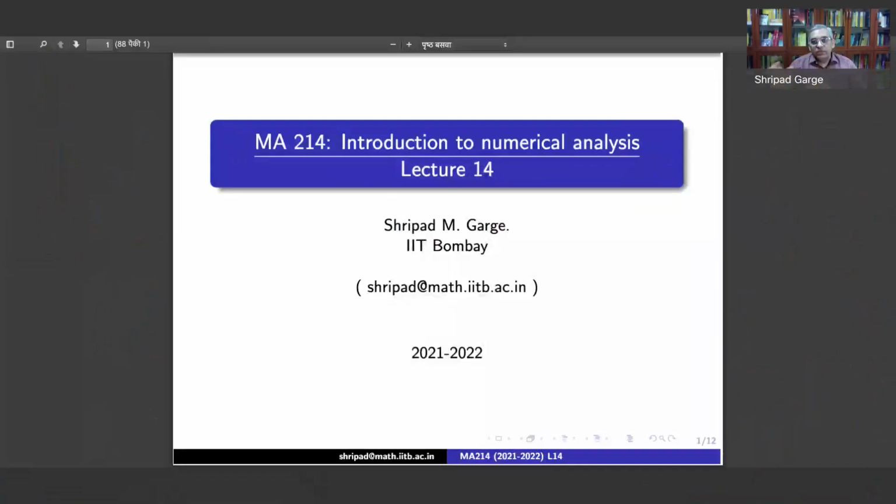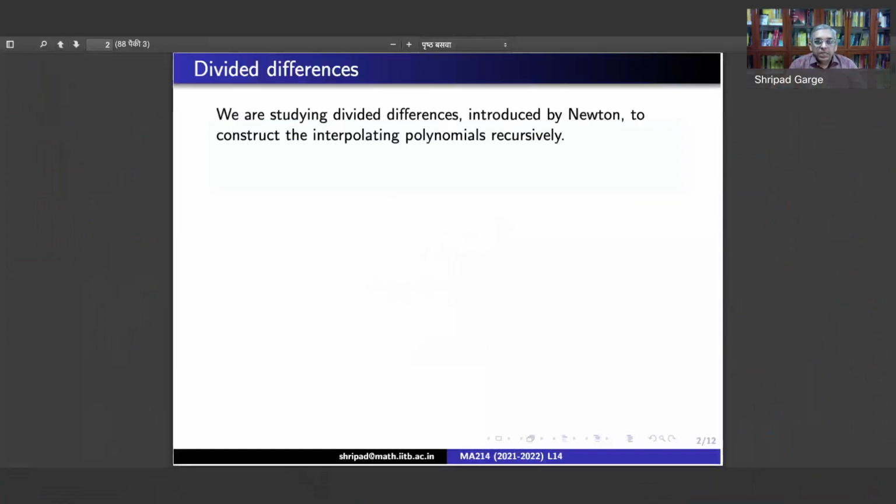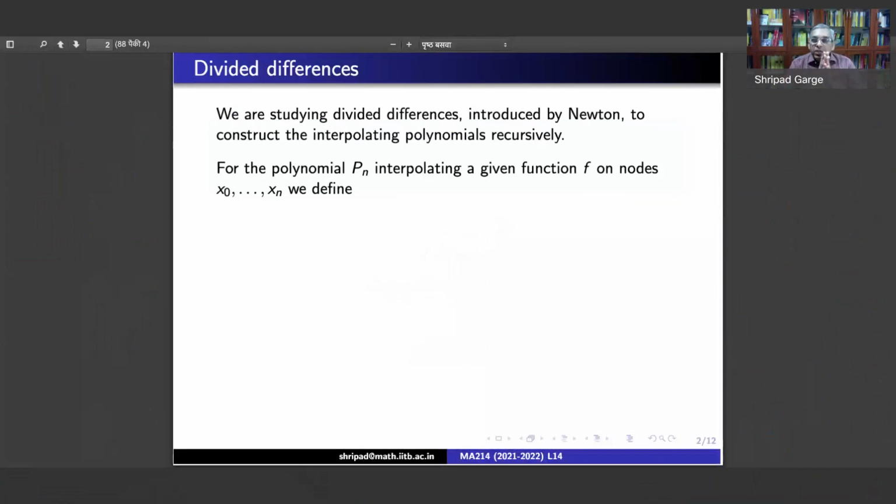We have been discussing Newton's method of using divided differences to compute the interpolating polynomials which interpolate a given function on distinct n plus 1 points x0, x1, and so on up to xn. And now we continue with this discussion. Let me just quickly recall for you that whenever you have this polynomial Pn, which interpolates this given function f